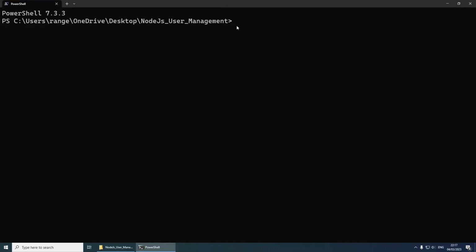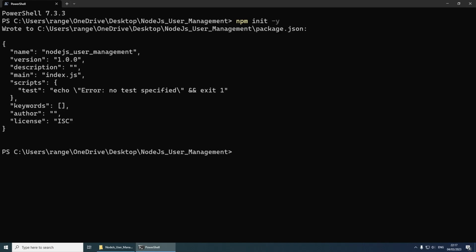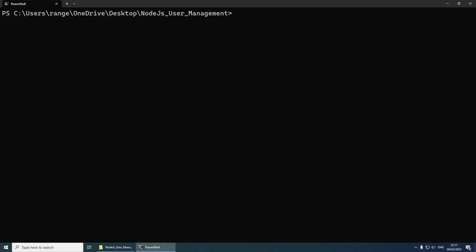Now let's open this full screen and let's initialize a new project by doing npm init -y, and this is going to skip all the questions and save us a couple of seconds. I'm going to clear everything, and the next thing that we need to do is install the dependencies that we need for this project. npm i for install, and then we can start listing them, starting with dotenv,